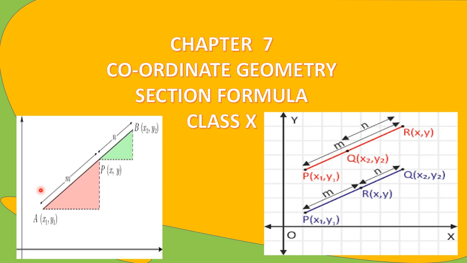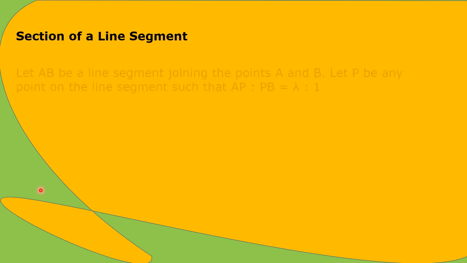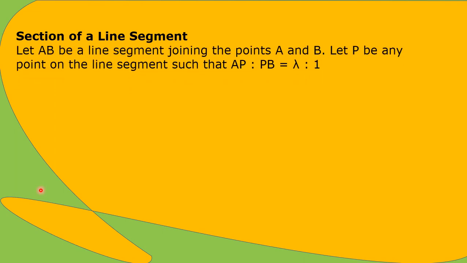Hello students, today we are going to find out the section formula, chapter number 7, coordinate geometry, class 10th. So what is the section formula? First of all, we should know what is the meaning of section. So the section of a line segment: AB is a line segment joining the points A and B, and